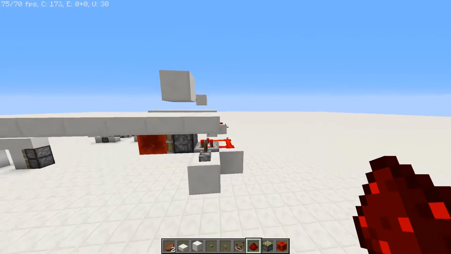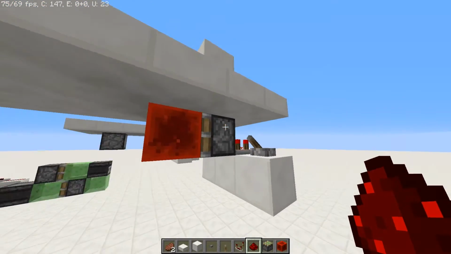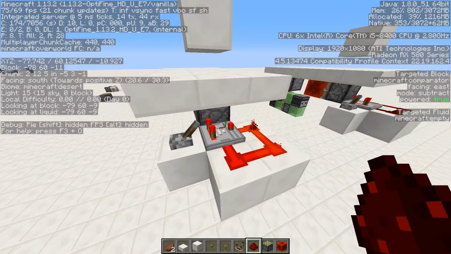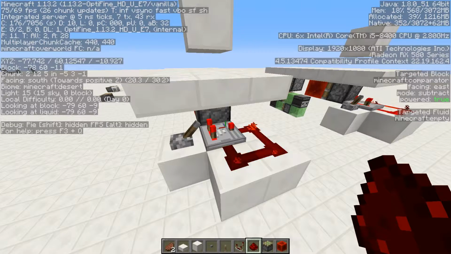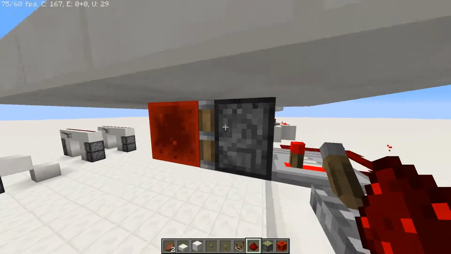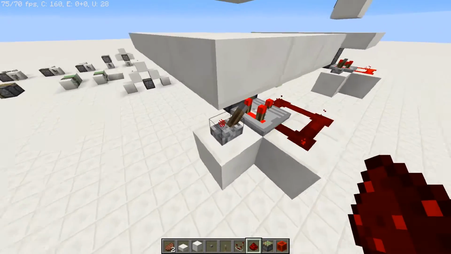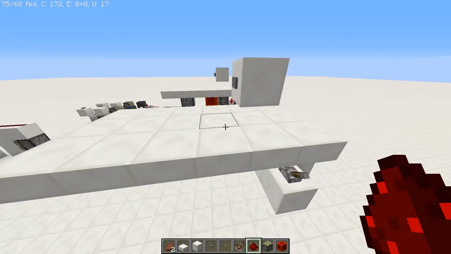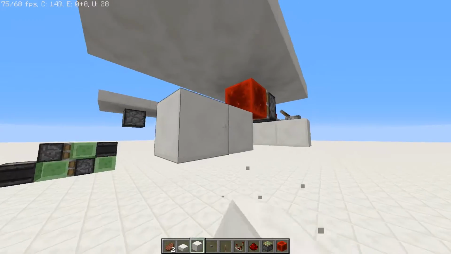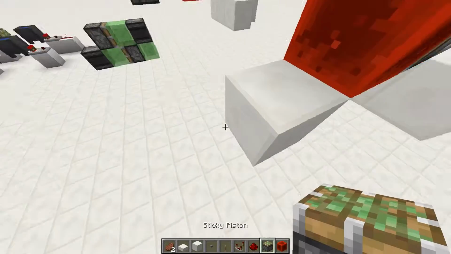Basically, how this one works is pressing this button will power this block, which quasi powers this piston. And then what this does is this comparator is constantly giving this piston a block update, which means that it'll detect that it's supposed to be powered. And it won't work if you don't do that. And then this can be hooked up to really anything. You can even hook it up to, if you put a lever there,